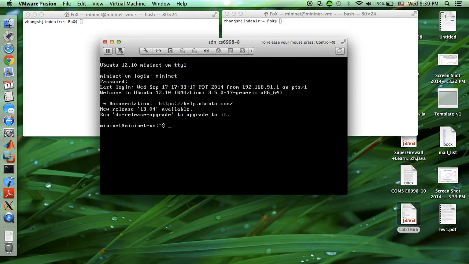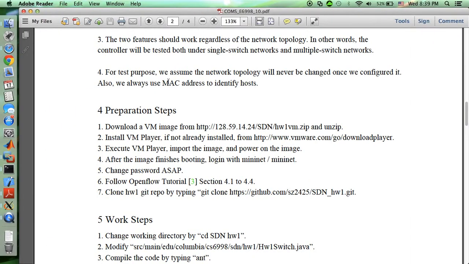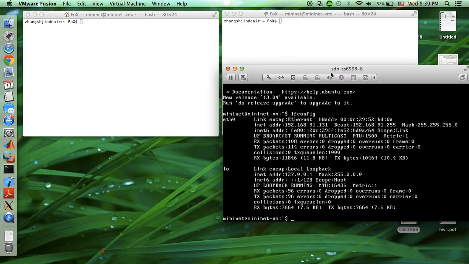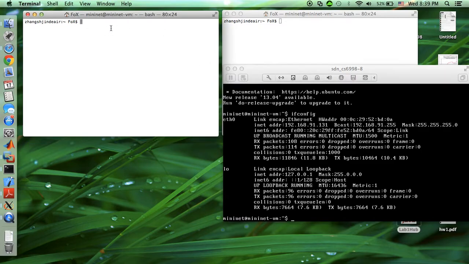So we successfully log into this virtual machine. The first thing you need to do is run ifconfig, which tells you the IP address of this virtual machine, which is this number. You need to remember this because we want to use our operating system's terminal to remote log into this virtual machine. So we will do, let me make this bigger,